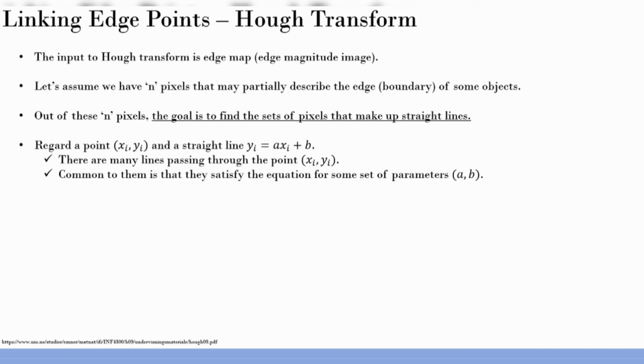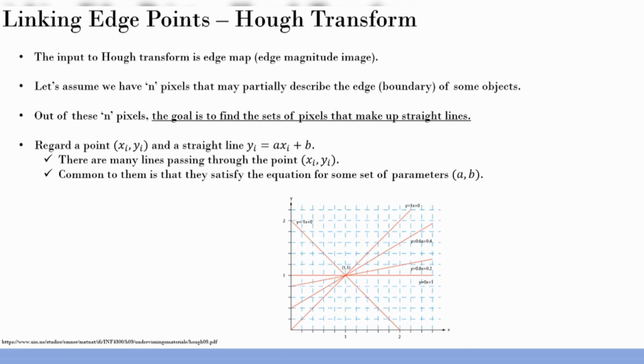Now the beauty about Hough transform is that you have to think differently. You have to go from the XY plane to the AB plane. That's as simple as that. We'll explain that in the next slide. But before that, I just want to explain this concept. Consider any point, 1, 1, for example. I can have a bunch of straight lines, ideally only parameterized by the a, b values.